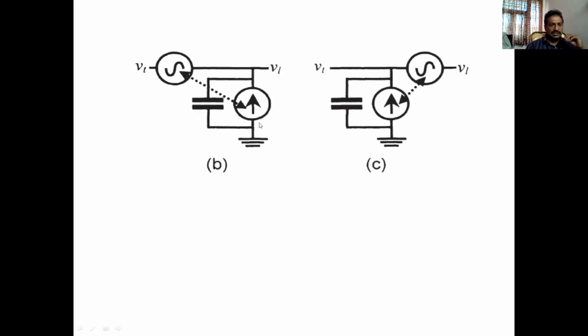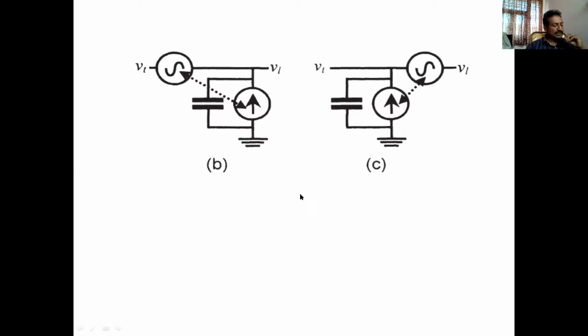But how are these two arranged? In case of B, first a series, then a shunt compensator. But in case of C, first shunt, then series compensator. So these are the two types. Therefore, all the load is balanced and sinusoidal. The UPQC can also make the current drawn from the supply IS balanced sinusoidal and in phase with the terminal voltage VT.